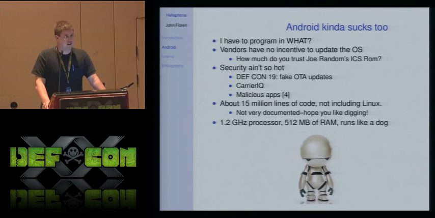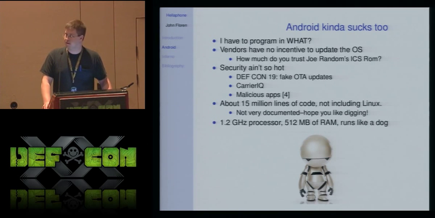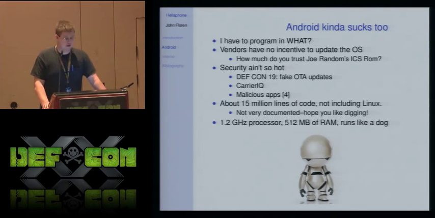And Android, like the other devices, has some security problems. In fact, I think I've seen more issues with Android, talks here, stuff on the news, than with the other phone OSs. Last year, there was a talk about fake over-the-air updates being pushed via just a rogue cell tower somebody had in their backpack. I haven't really seen much confirmation of that. I just saw a post on a mailing list claiming to have done it, but I believe that could be possible. As I mentioned, Android was affected by CarrierIQ. There's been a plethora of malicious apps which have shown up.